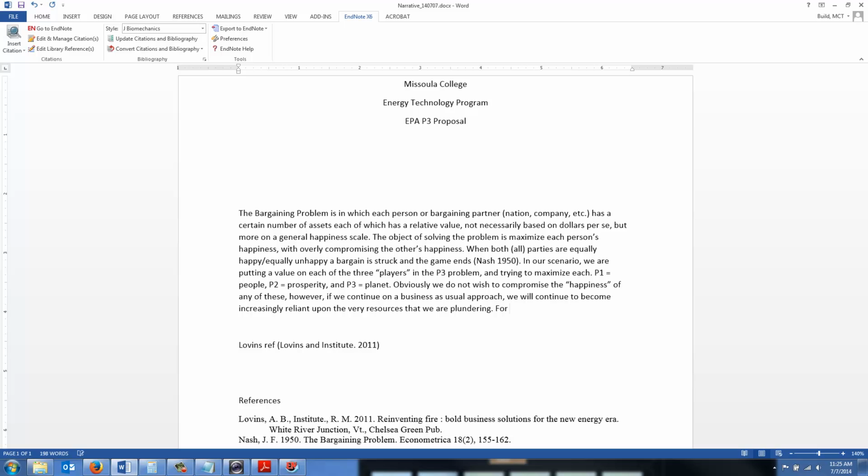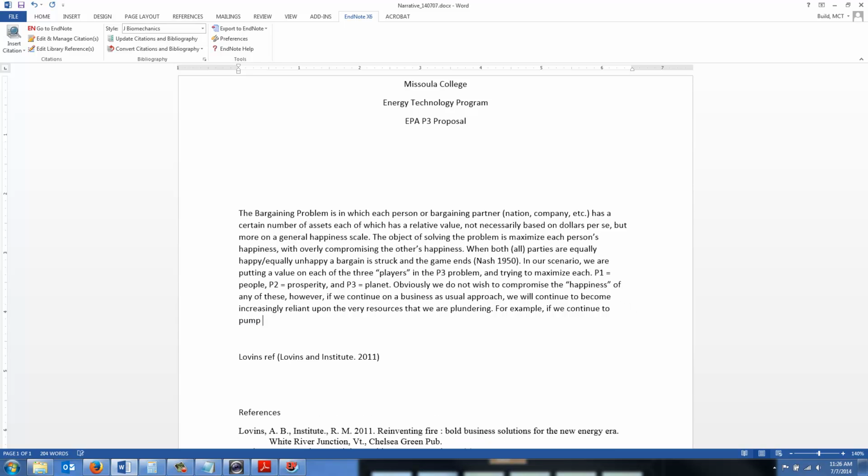For example, if we continue to pump CO2 into the atmosphere at our current rate,